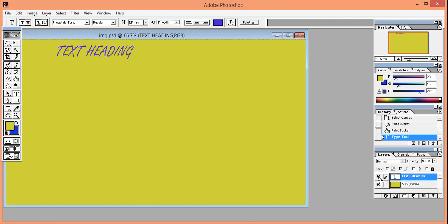And here you can see an eye. It is used to view and hide the layers. When I click on it, now this will be invisible. When I click again, then this will be visible. So this is used to view and hide a layer, and the brush is showing here. It means you can edit this layer. Now I'm present at this layer, so I will select my text,